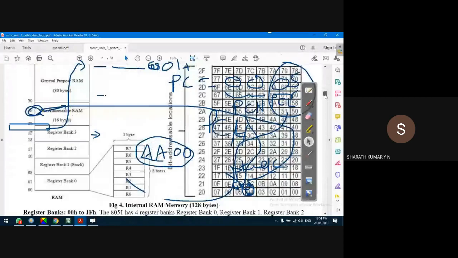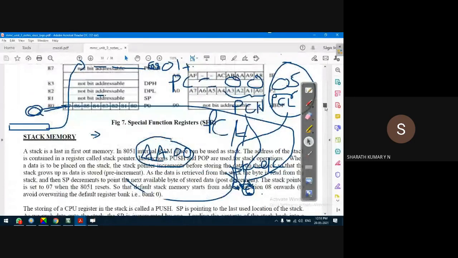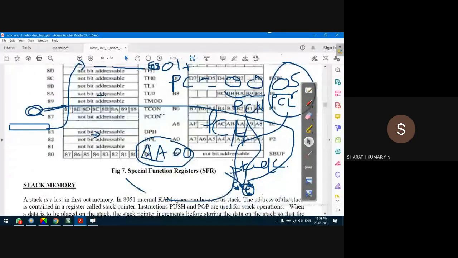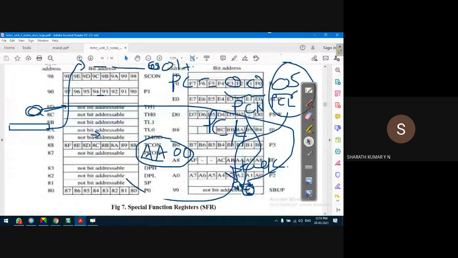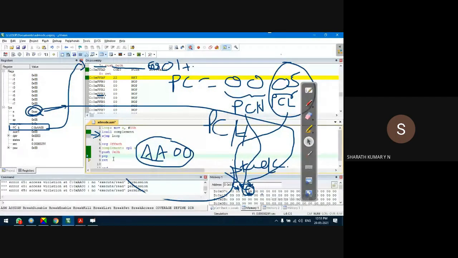I don't remember, I forgot. B register, special function register. Somewhere here. Okay, so the address of the B register is here, 0F0H. 0F0H, because here we cannot use the name, we have to use the address. H is very important.